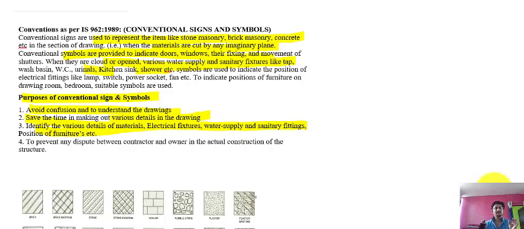All these things will be easily understandable. Fourth, to prevent any dispute between contractor and owner in the actual construction of the structure. There will be no dispute between the contractor and the owner when you give a fully detailed drawing. So this is the purpose of conventional signs and symbols.